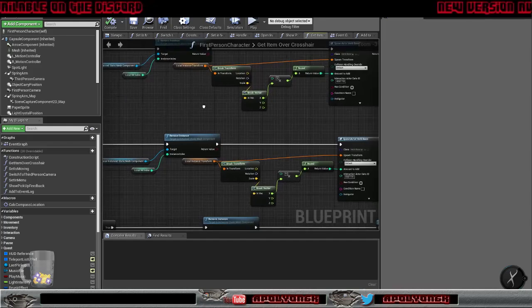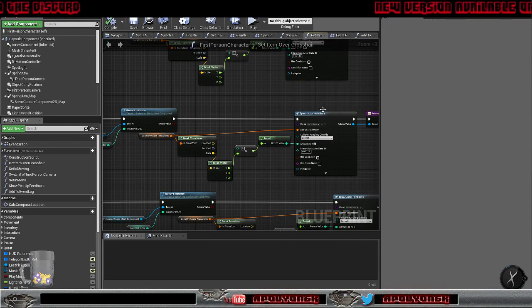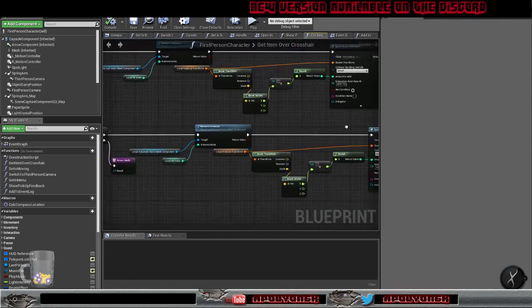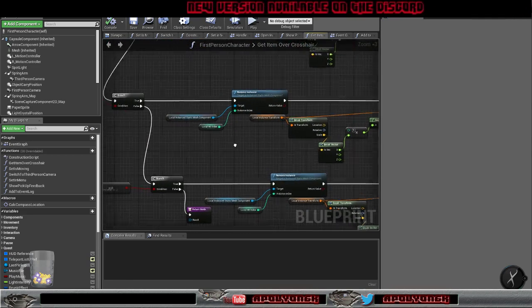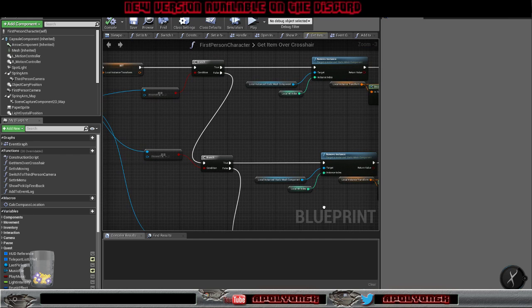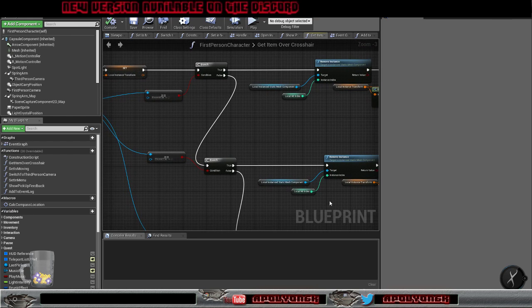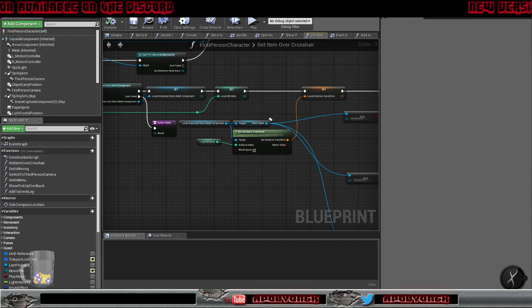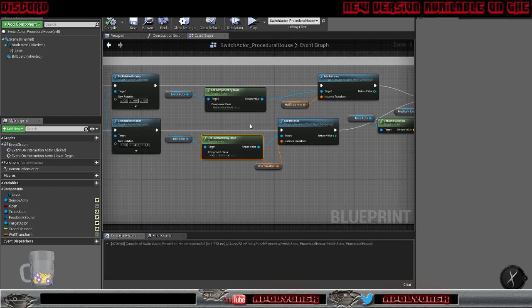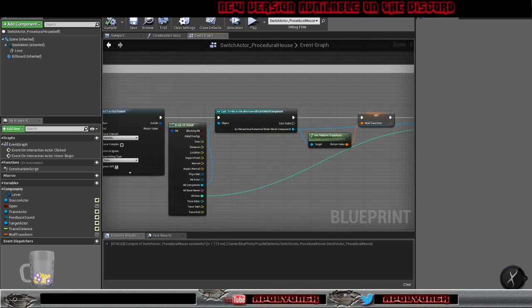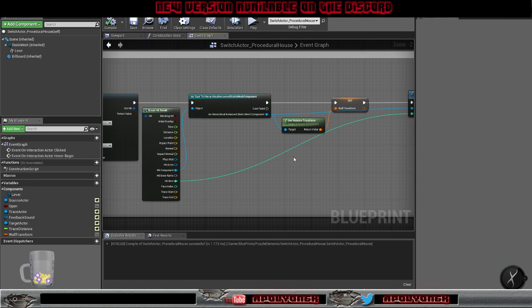But here I'm spawning a different actor and not adding a component to something, so this is a bit different. Because the remove instance works, but the add instance doesn't work here, because this is not working properly. So